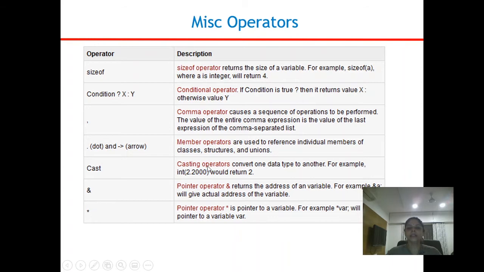The cast operator is the casting operator, which converts the data type. So if you want to convert the data type of float into int, then we can write it like this. This is nothing but what is called typecasting. Ampersand is also used as the address operator. So if you want to get the address of any variable, then we can use the ampersand operator. If I want to declare a pointer, then we can go for the star operator. We have seen the star operator in the previous tutorial, how to declare pointers and how to use them. So ampersand and pointer I have already shown you. The sizeof operator we have already discussed.